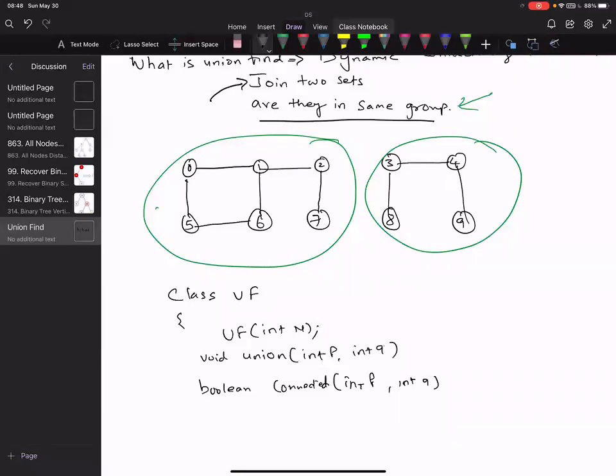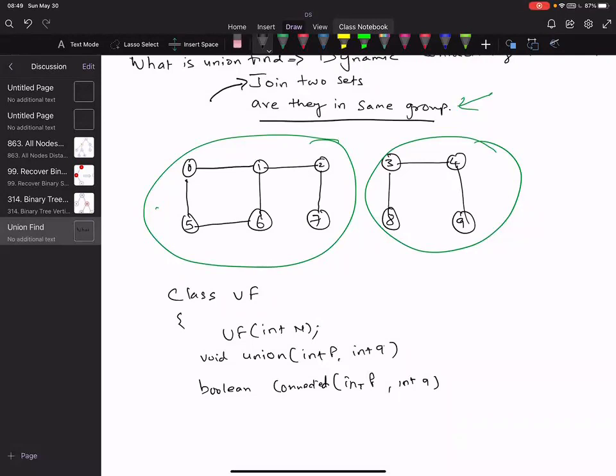Another thing is that once they are connected, let's say I connect 1 and 2, there is no way to disconnect that. So the connection happens in one direction. Once you connect, you are connected. You can't say now disconnect 1 and 2.